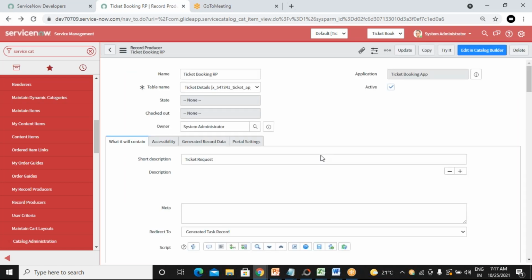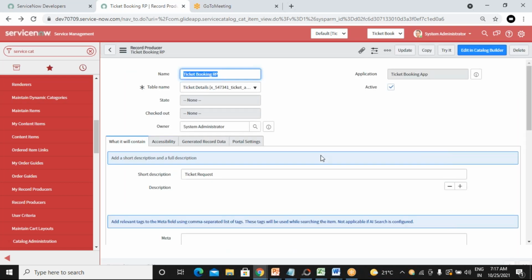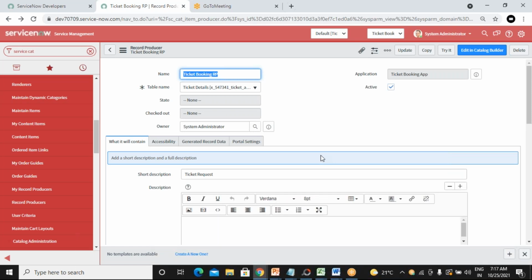We said this is a ticket booking record producer, right? So we should add a few fields like from, destination, start date, return, caller. These 6 fields we will try to add into the record producer, and we will design a booking request form so that the user can submit from the service portal, and also from the home page.